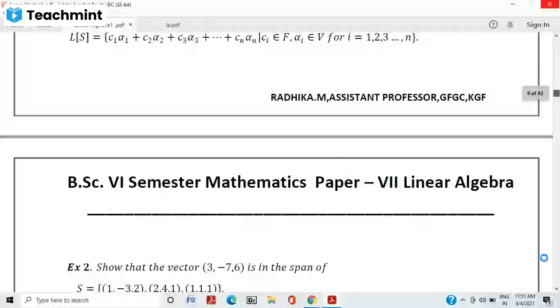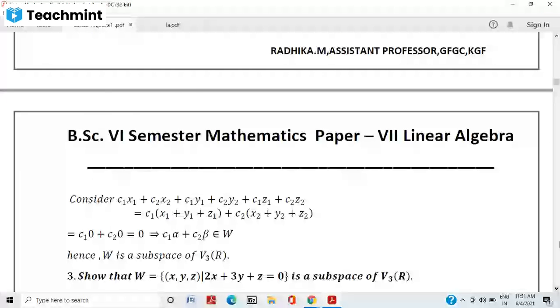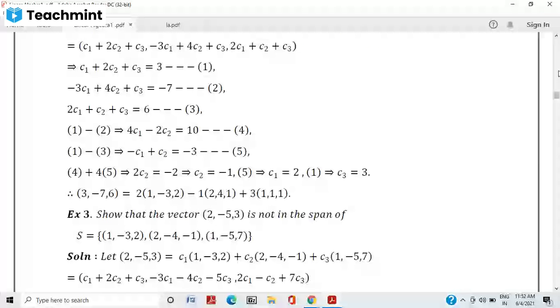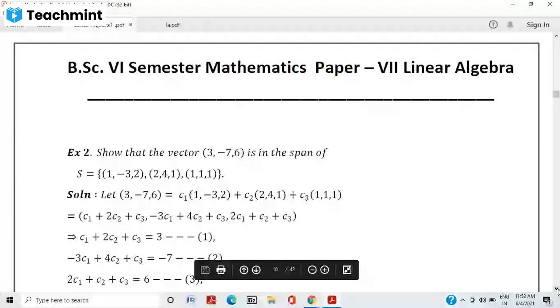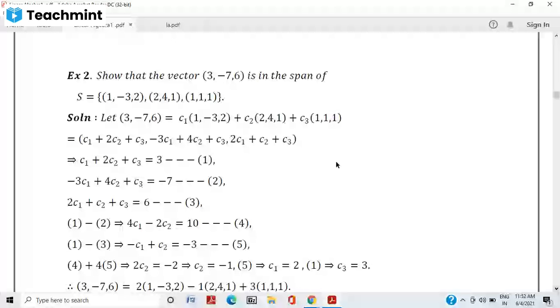Three vectors are there. Then how can we show that? First one, which one should we write? (3, -7, 6). We should write it as a linear combination of first alpha 1, then alpha 2, then alpha 3. Then (3, -7, 6) can be written as,